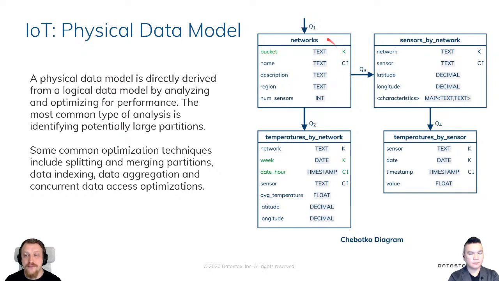So first of all, the network table looks like it did before, with name, description, region, and number of sensors, but there is a new field called bucket. And that's a very cool technique. I really would have loved to know it some years ago. Bucket, in this case, is not required in our example in the beginning, because for our demo, we are only creating our sensor network, and we will have only 2 of them. Do we really need bucketing for a table which has 2 rows, 2 entities? Isn't that overkill? Yes and no.